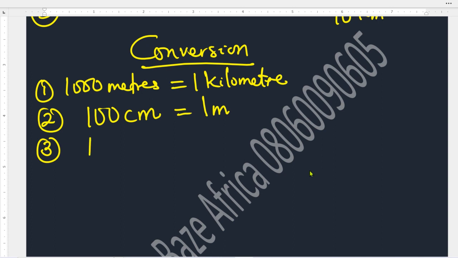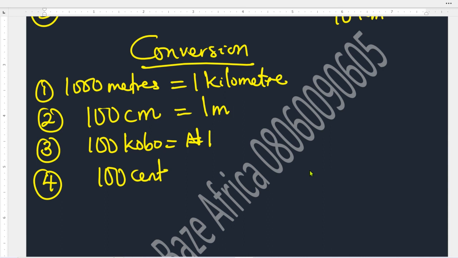Now, also take note that 100 kobo is equal to 1 naira. Take note that 100 cents is equal to $1. You will also have to take note that